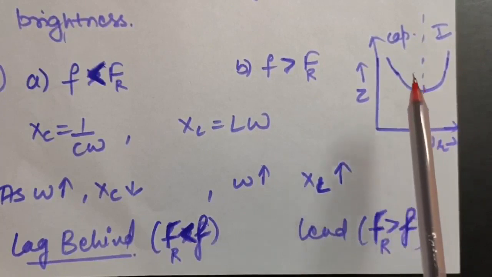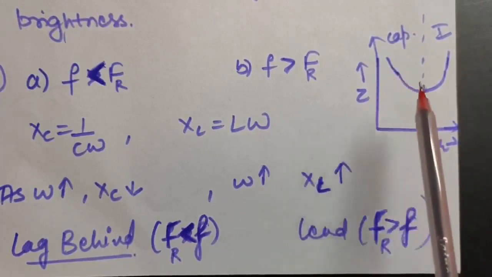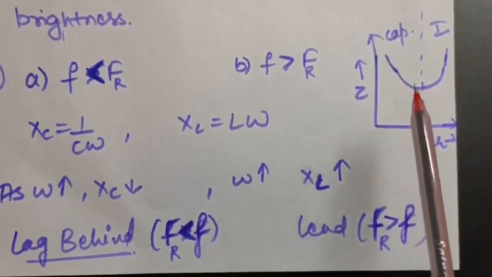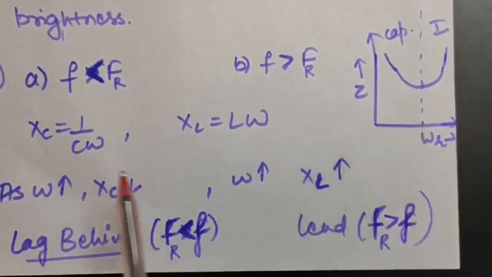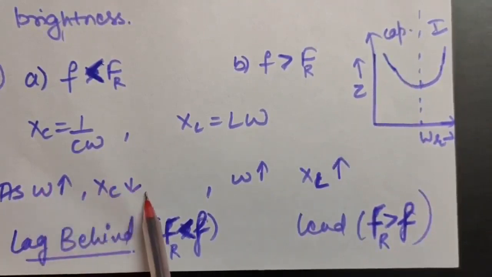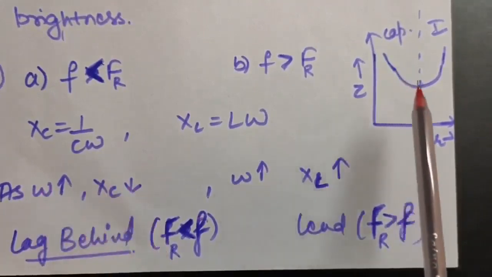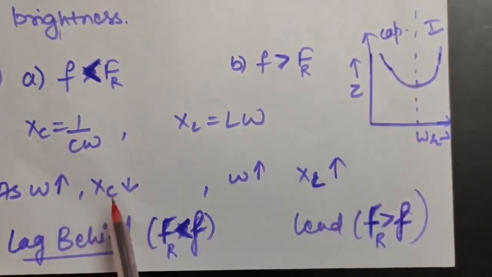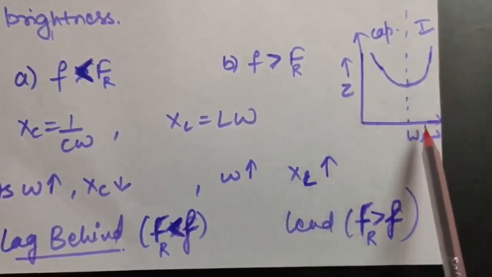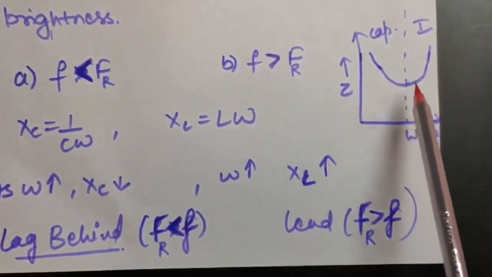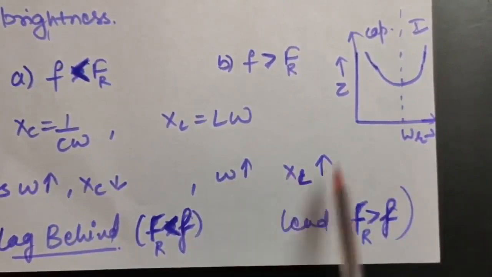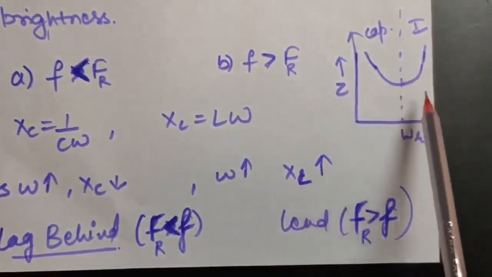Now if we look at the first half part, if frequency is increased, the impedance is decreasing. If frequency is increased, the impedance or reactance is decreasing. So that means you can say this part is capacitive in nature. And if you look at this part, if omega is increased, Z is also increasing. That is, if omega is increased, XL is also increasing. So you can say this part is inductive in nature.